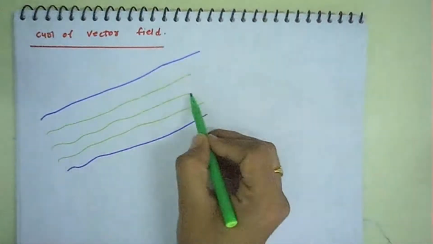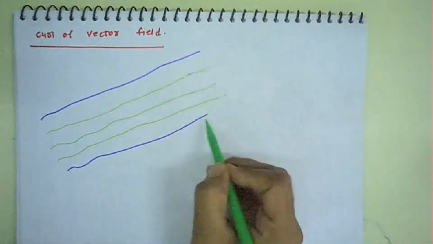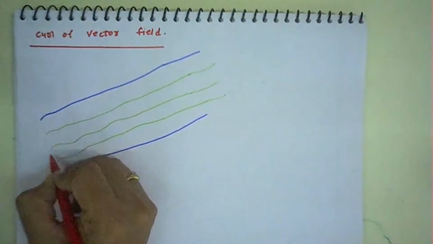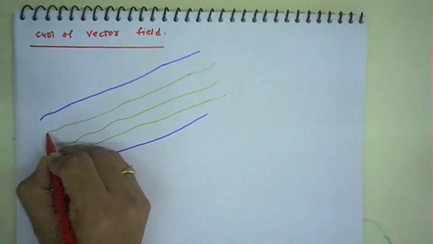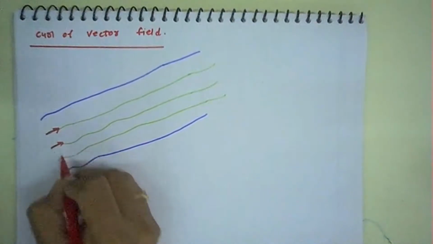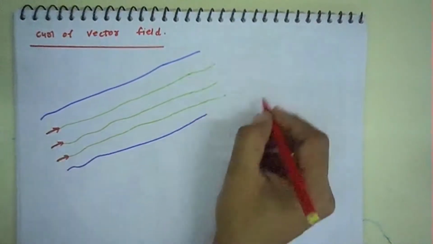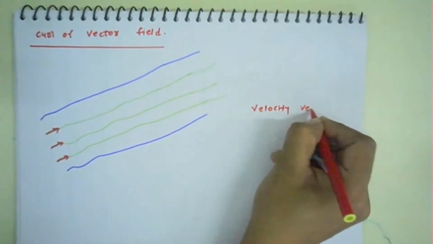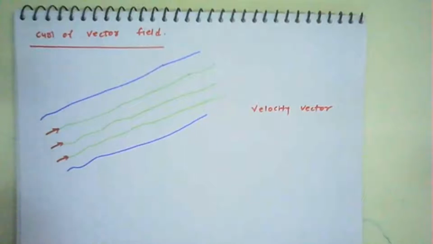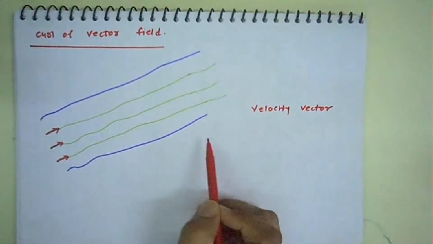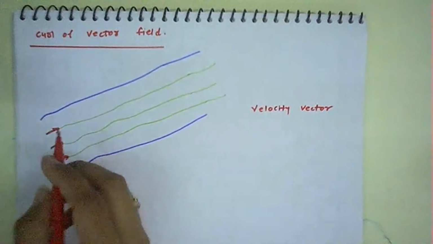okay, a liquid is flowing. Now first, if in this particular region we consider that the fluid is having a constant speed, and here the vector field we consider as a velocity vector. Okay, as we know, we are finding the curl of a vector. So here the velocity of this liquid we consider as a vector.